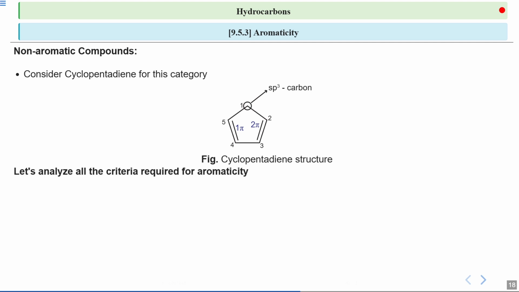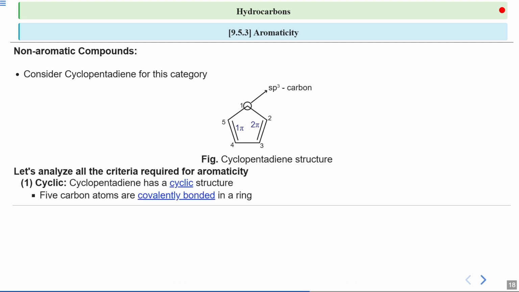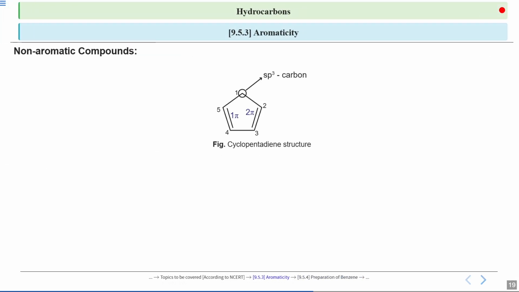Why is it not aromatic? Let's see the criteria. First criterion is met. Your cyclopentadiene is cyclic in nature. It means the 5 carbon atoms are covalently bonded in a ring, creating a continuous loop. Continuing with the discussion. Next is planarity. If you look at the image, here you can see that the carbon labeled as 1 has sp3